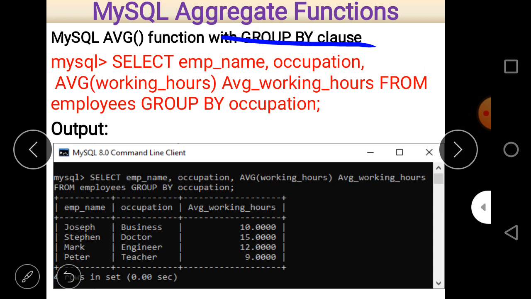And the second important thing is that the group by clause is most of the time used with aggregate functions. Aggregate functions are most of the time used with the group by clause. It is a correct statement. So here you can easily see that first of all we make a group on the basis of occupation.